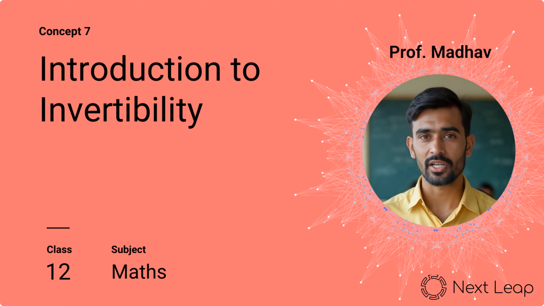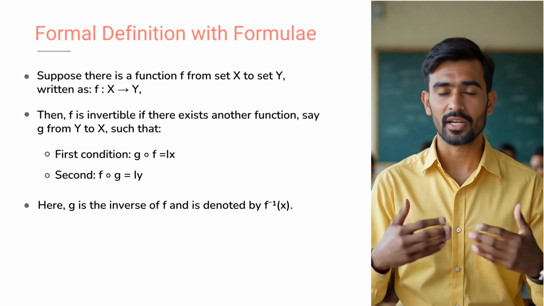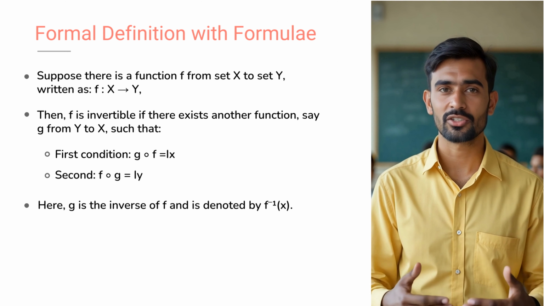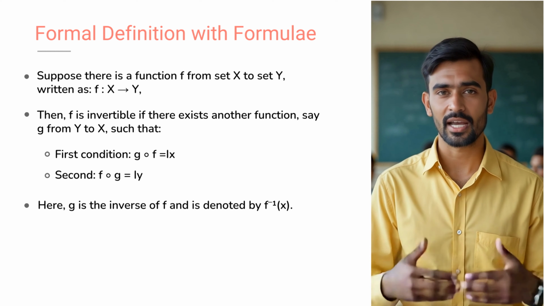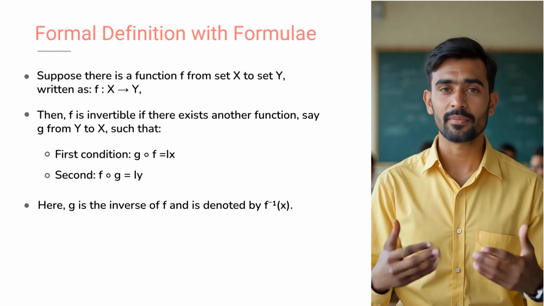Think of it like decoding a message or converting Fahrenheit back to Celsius after conversion. Let's define it formally. Suppose there is a function f from set X to set Y. That means f is a function from X to Y. Now, f is called invertible